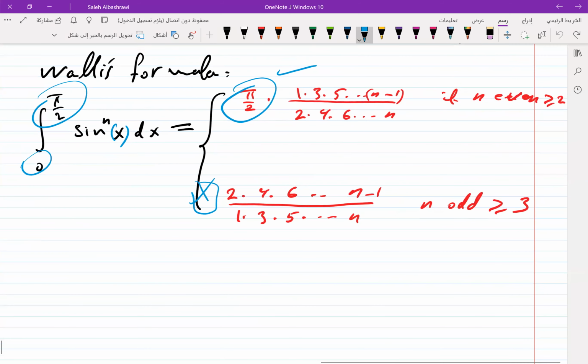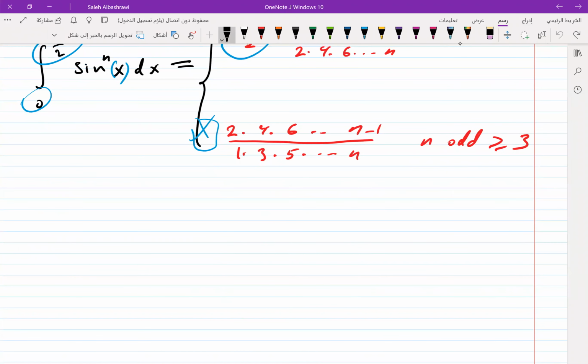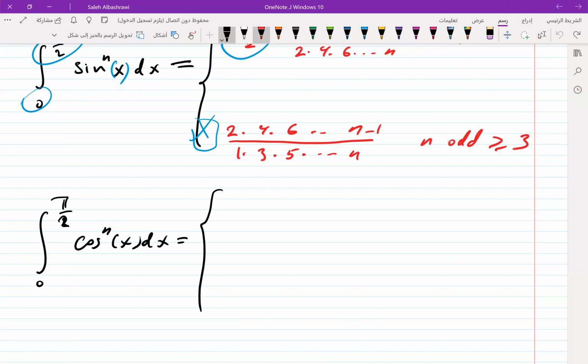For the cosine, it is the same. Same thing for the cosine. The integral from 0 to pi over 2 of cosine to the power n is equal to, it is the same. It will be pi over 2 multiplied by 1 by 3 by 5 up to n minus 1, divided by 2, 4, 6 up to n,